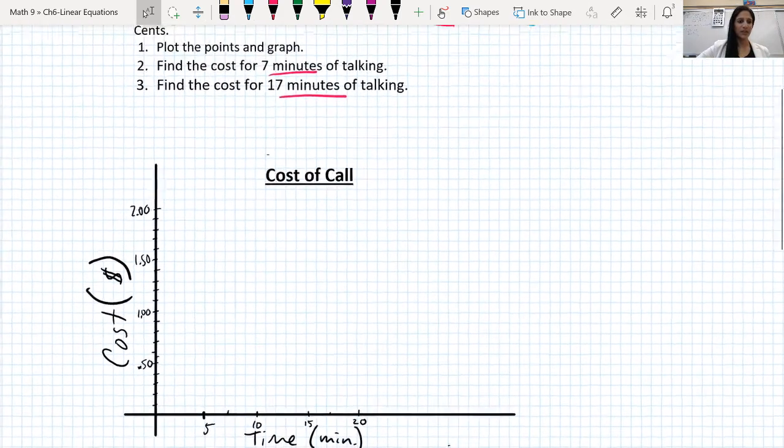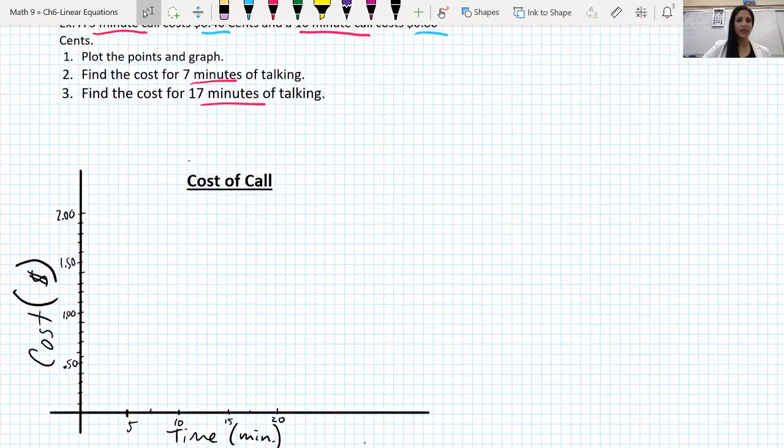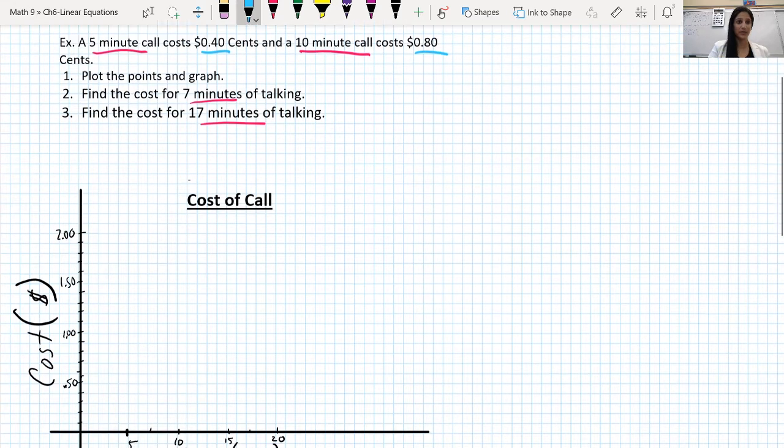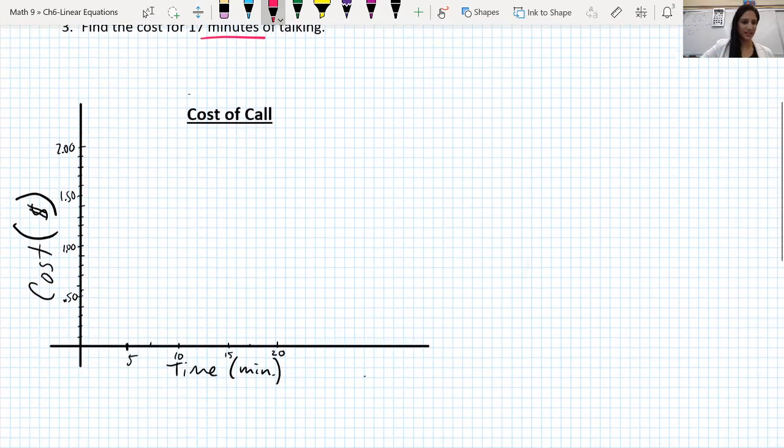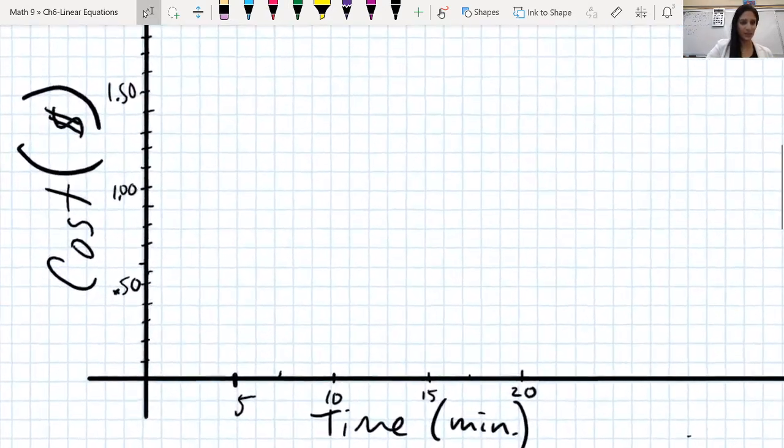So now that we have our grid set up, I also have my title of my graph here, which is a good idea to do. So it says the cost of a call, because that's what we're using this for. So then we want to plot the points. A 5-minute call costs 40 cents. So if I zoom in on my graph,